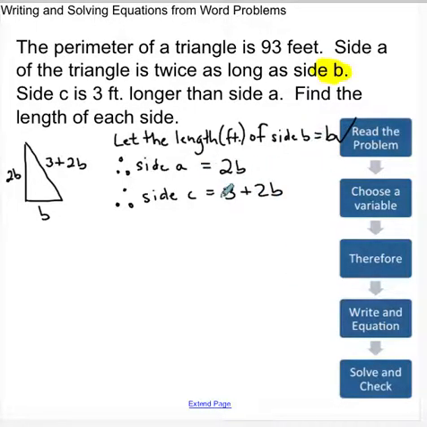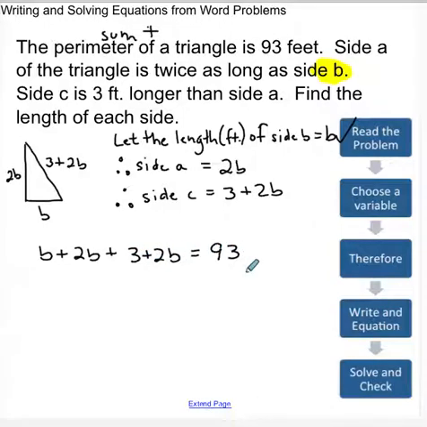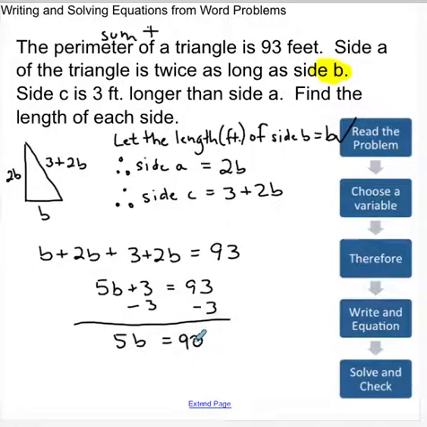So now I've got my 3 sides of the triangle, and if I'm going to find the length of each side, I just need to find a relationship to write the equation with. Well, the perimeter is a relationship, right? The perimeter is another word for sum or for adding. So if I add the 3 sides, the first side B plus the next side 2B and the third side 3 plus 2B, those should all give me 93 feet. So now I've got B plus 2B, that's 3B, 4B, 5B, so 5B plus 3, combining like terms, is equal to 93. Subtracting 3 from both sides, 5B is equal to 90. Dividing both sides by 5,